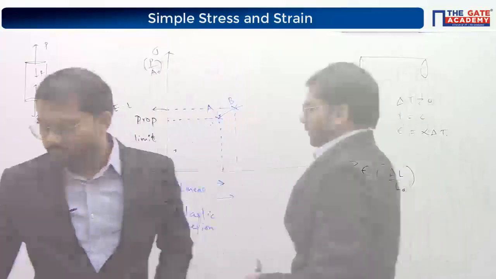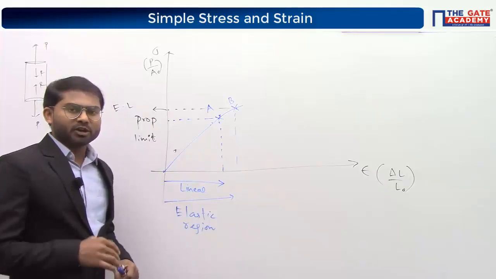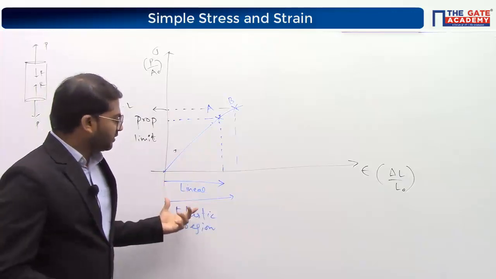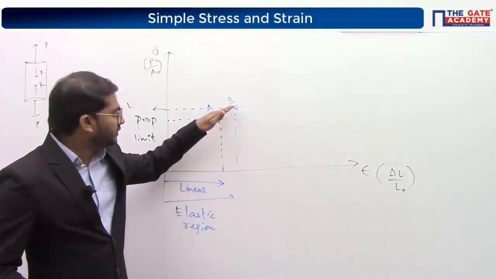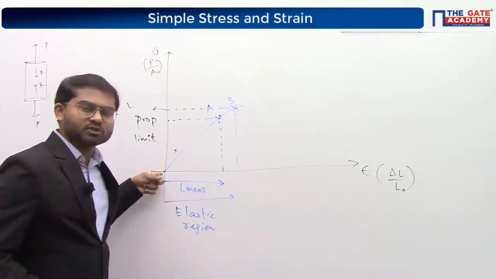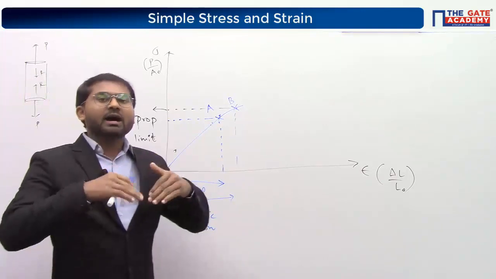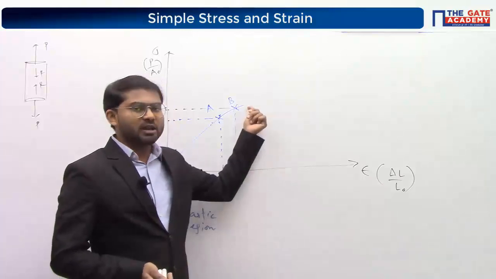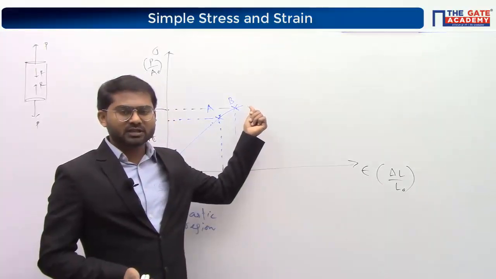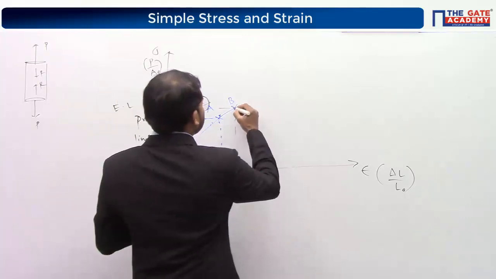Clear? Understood? Okay, so this is the way the metal behaves up to point B. We have observed that elastic behavior is there. If you release the load at any point up to B, it will take the same path back and reach the original location. Understand? Now if you increase the load slowly and go beyond point B in stress, then you will experience plastic behavior.